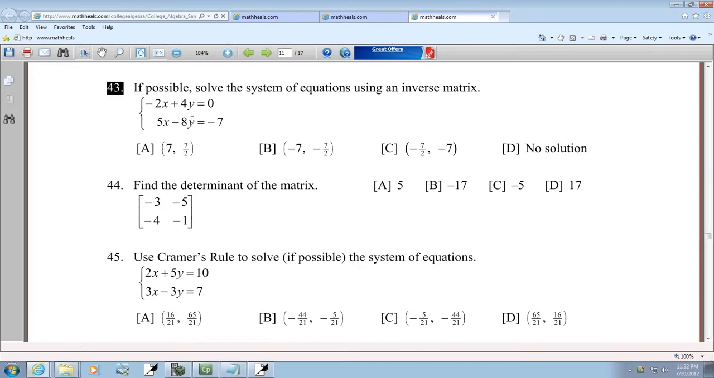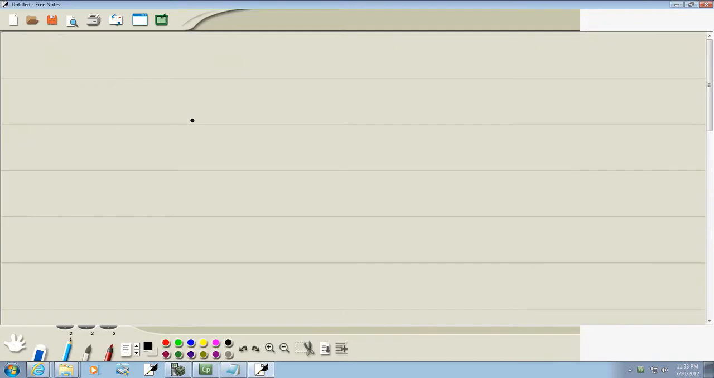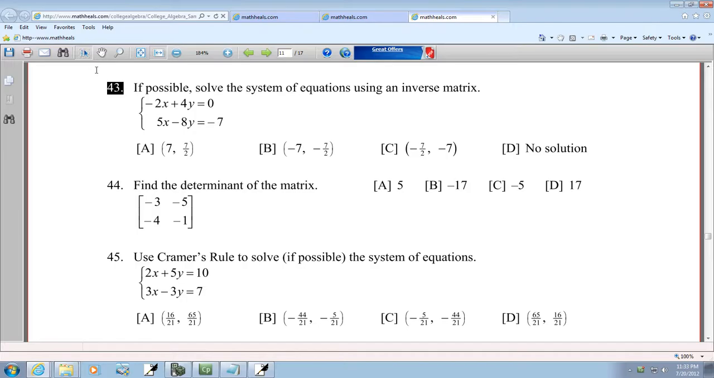Let's take a look at 43. It says, if possible, solve the system of equations using an inverse matrix. Let's first do this by the calculator, and then we'll do it by hand. We're going to use RREF. Anytime you have a linear system of equations where everything's the first power, RREF is your best bet if you're